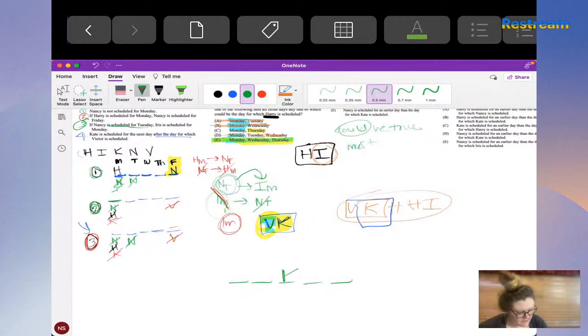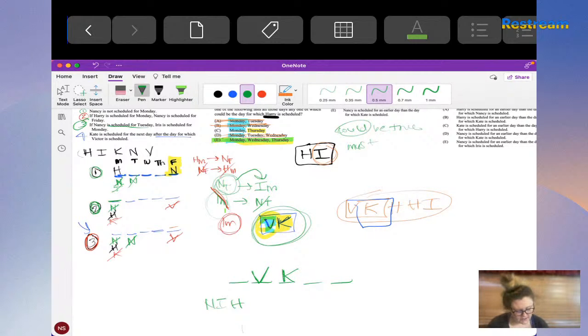But if K is scheduled for Wednesday, what else do we know automatically? Well, if K is for Wednesday, we know V goes in front of it, so this has to be V. So the only variables that we have left are N, I, and H. Well, we know that H can't go. All right, so based off of this, we're going to go look at our answer choices